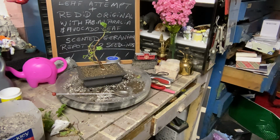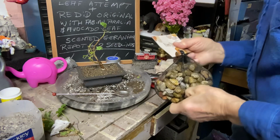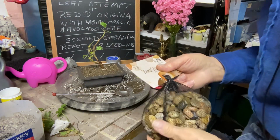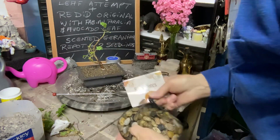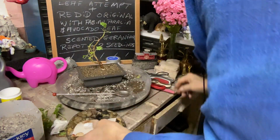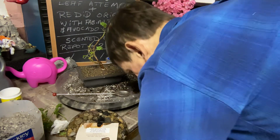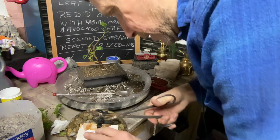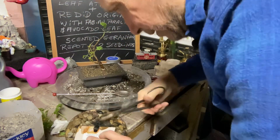now you know you can go to the aquarium shops and get the rocks. But for the bag, it's like a little over $5. Hobby Lobby $3.99. So what I am going to do is, let's wipe the shears off and cut the tag,